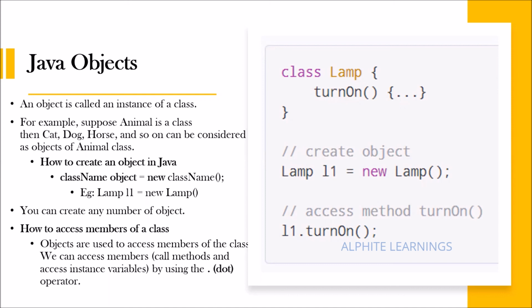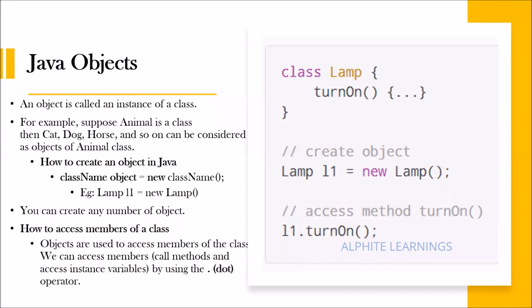Okay, we have created an object, then how can we access it? You need to call it somewhere. So with your object name L1, you give L1 dot. This dot operator helps you to access the members of your class. So dot, and then whatever you need. If you want to bring your variable, we have an isOn variable, you can give L1 dot isOn, and then you can access the value of isOn.